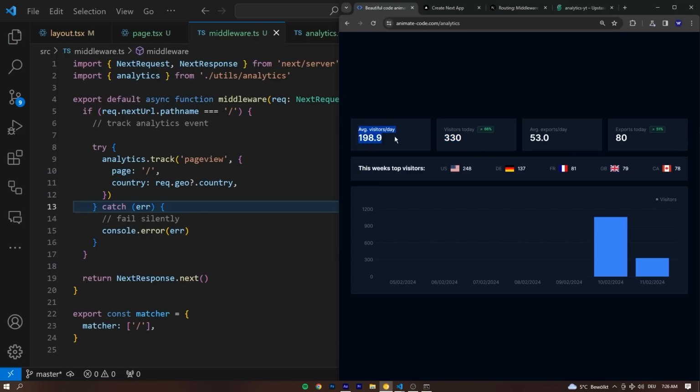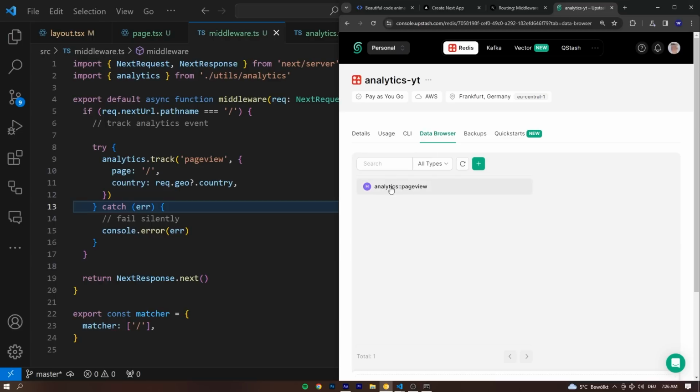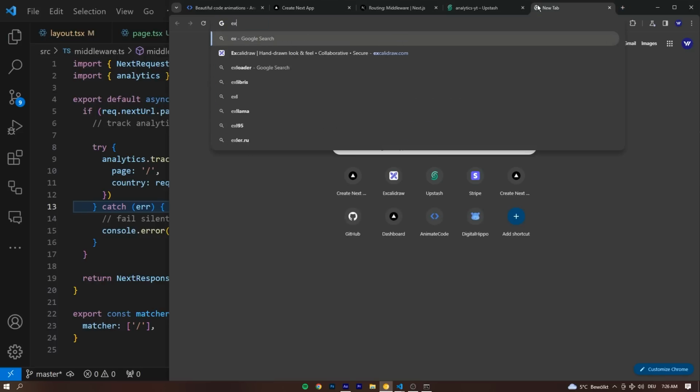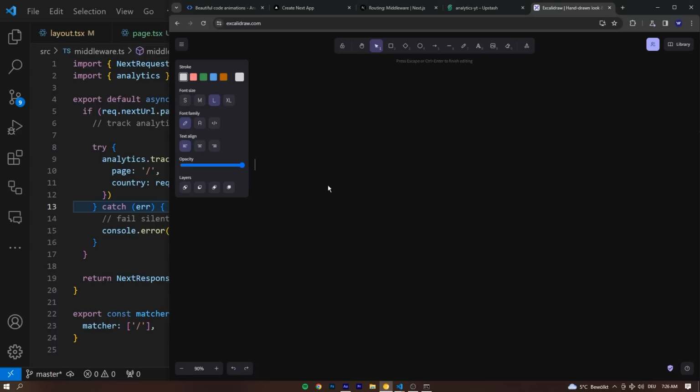Visitors today, average visitors per day, and so on. And in our current data structure, we do not have anything that reflects the current date. This would be completely persistent, right? There is no date involved in all of this. So we need to find a way to incorporate the date. And to show you how this works, let's quickly take a look at the data